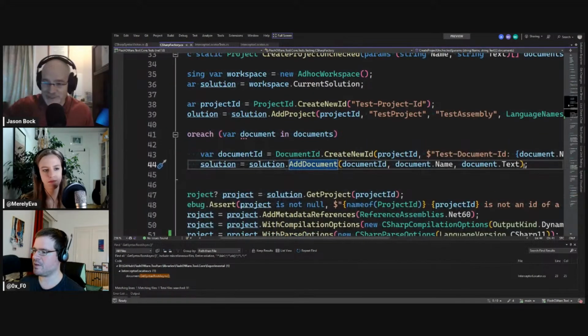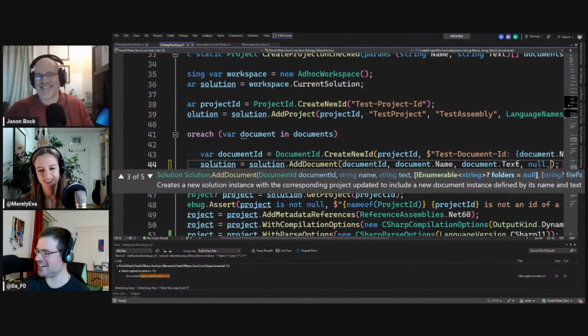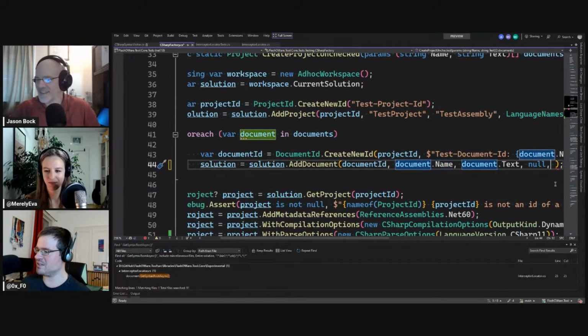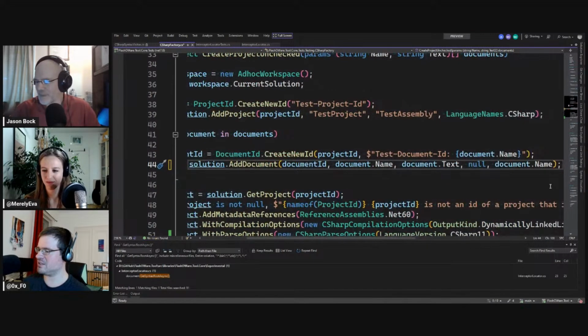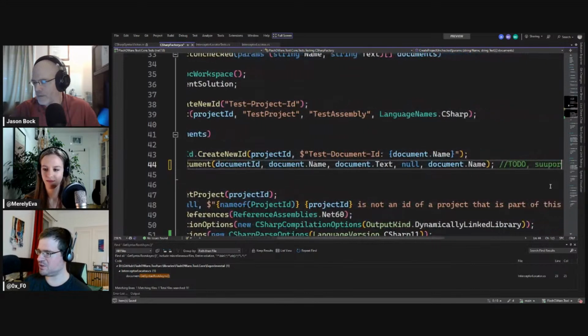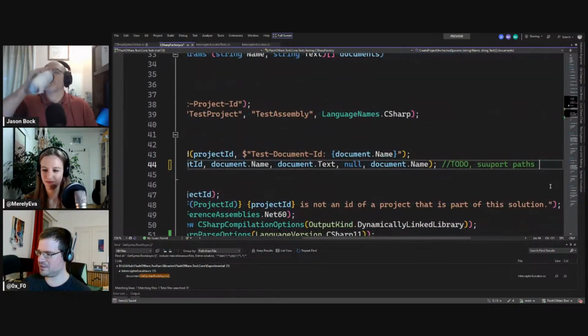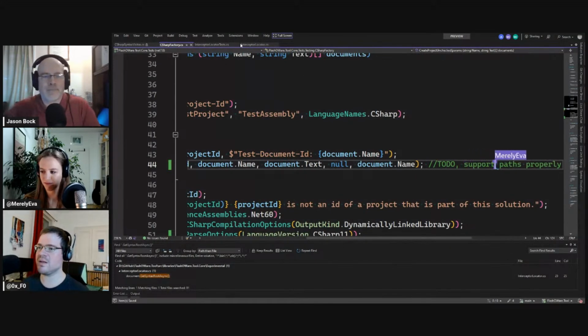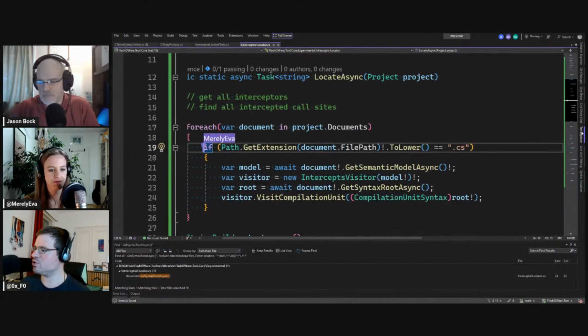I found a bug for you. There you go. Excellent. And I'll just use the name as well here for now. I'll do a little bit to support paths properly. And let's give that a try again.